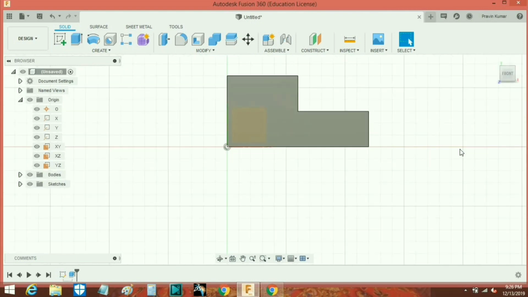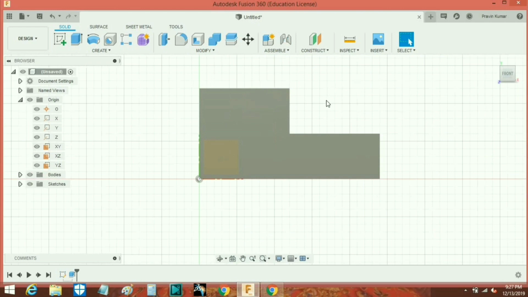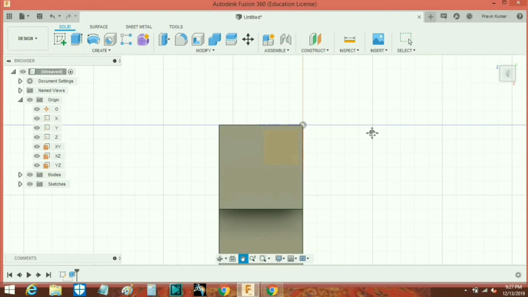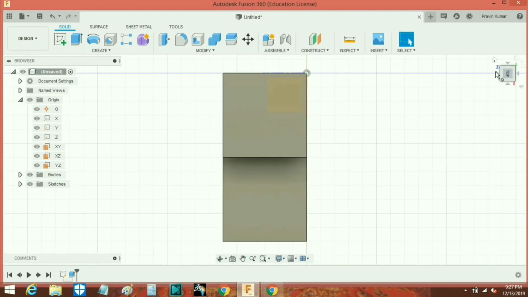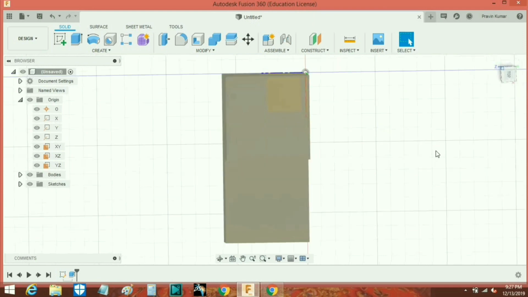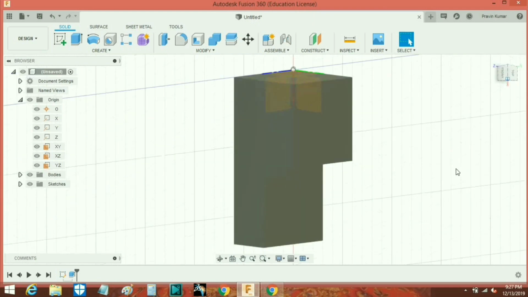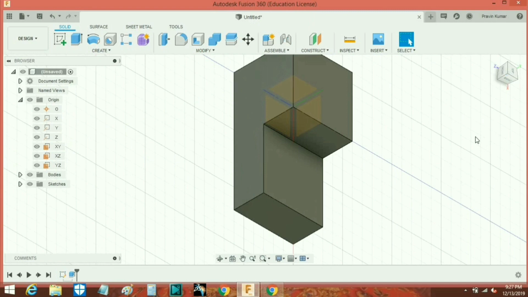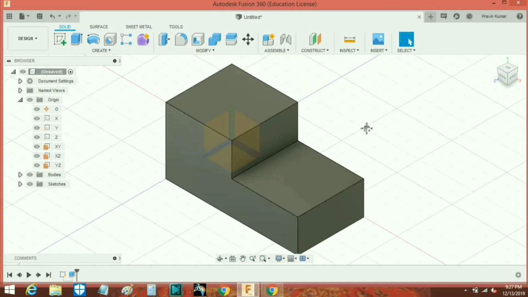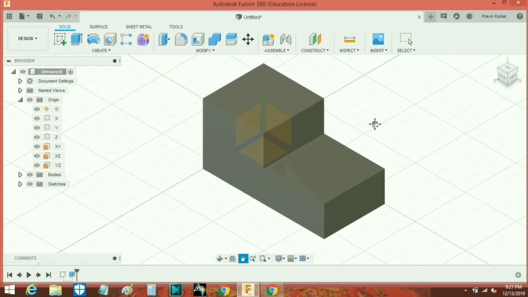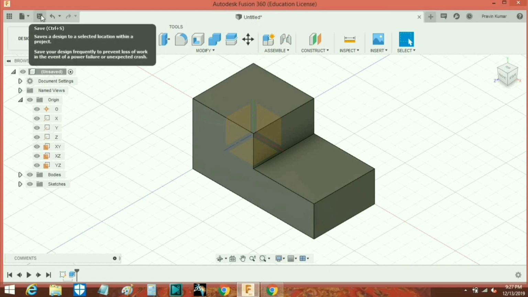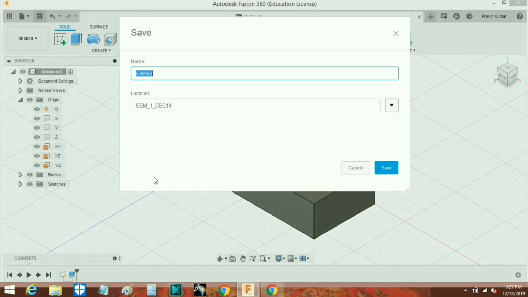You can see different views. This is the top view. So you can see different views. And if you want to come back home, just click on the home and you will come back to this point. Now you have to save this model. In this name you have to write your enrollment number, and in this second location